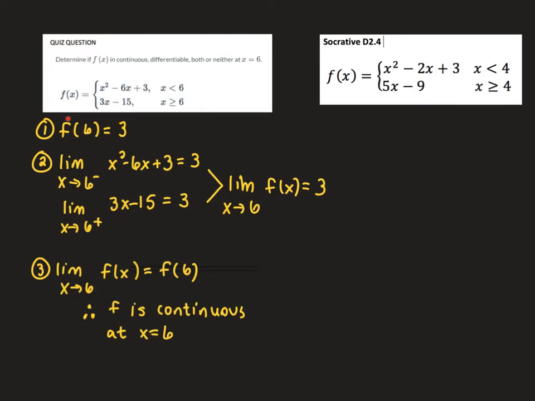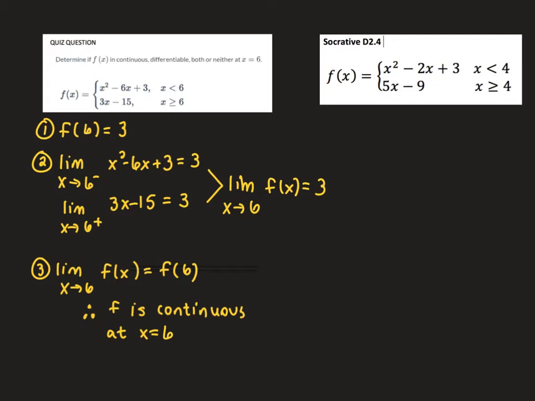So my function is defined at x equals 6 and its value is 3. I do my left and my right hand limits to get 3, and that proves that the limit does exist and its value is 3. And then the last part is just stating that my limit value equals my function value, therefore f is continuous at x equals 6. And if I bypass this continuity part,